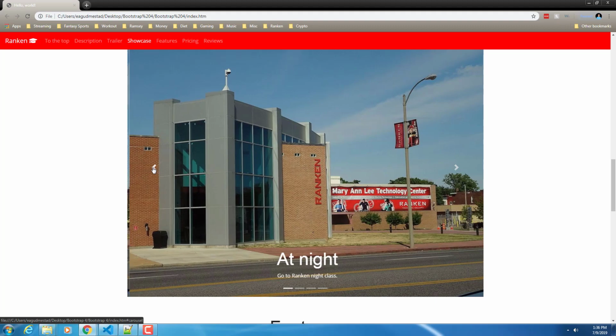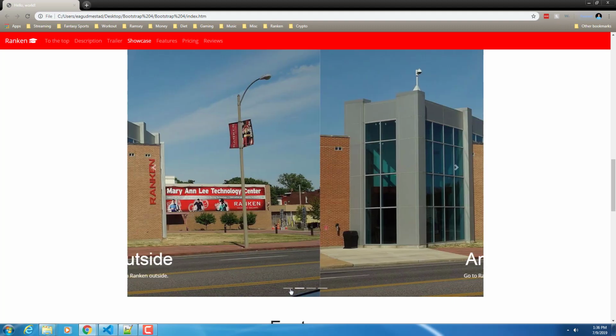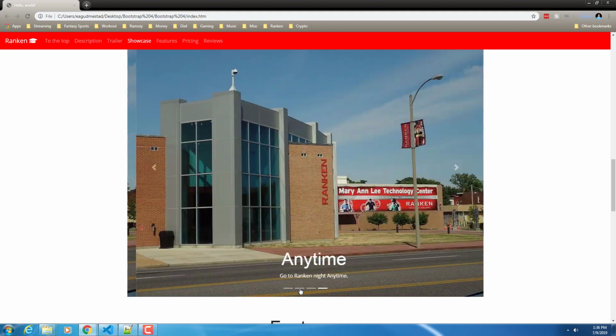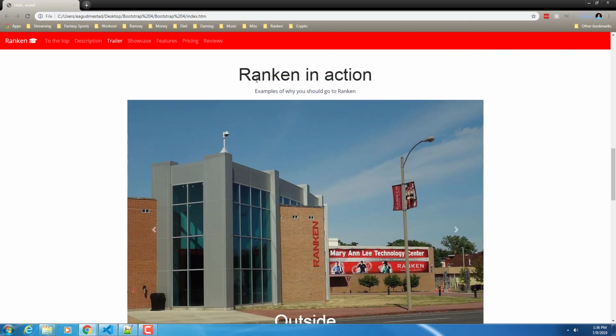And we've got these controls, these left and right arrows. We also have these caption controls that allow us to jump around. Okay? So,